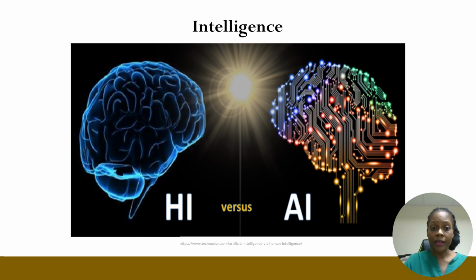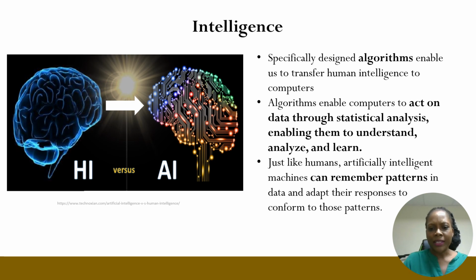On the other hand, the goal of artificial intelligence is to create computers or machines that are able to behave like humans and complete jobs that humans would normally do. That is where the biggest lift is, how to transfer human intelligence to computers or machines. So how is it done? It is done through the use of algorithms.